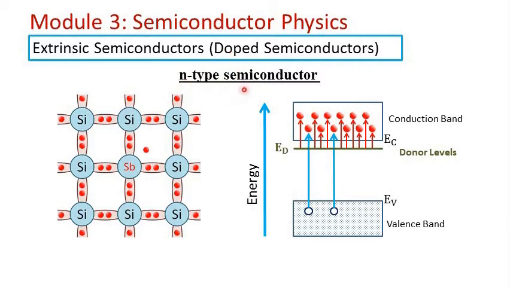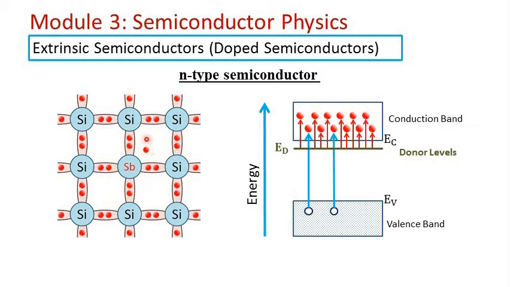Let us first discuss N-type semiconductor. In N-type semiconductor, a pentavalent impurity such as antimony, arsenic or phosphorus is added to the pure semiconductor to get extra conduction electrons, extra electrons for conduction. These pentavalent atoms have 5 valence electrons, 5 electrons in the outermost orbit. 4 of them get involved in covalent bonds with 4 neighboring semiconductor atoms, and the 5th electron remains free